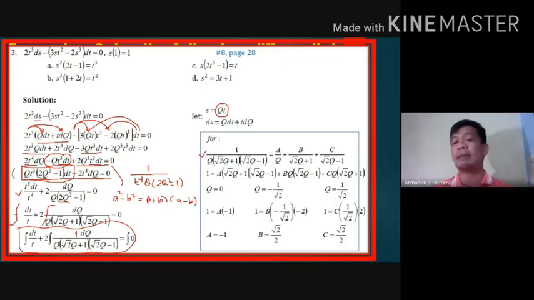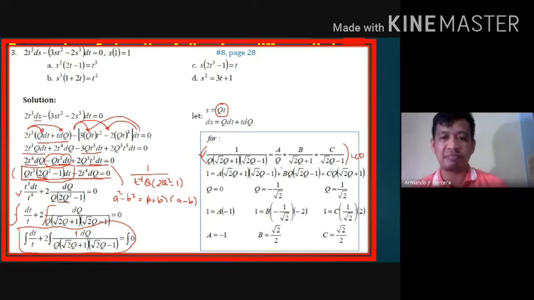Kasi lahat ng root sa denominator ay linear at magkakaiba. So distinct roots ang ating denominator. So that gives you a over q, a over the first denominator, plus b over the second denominator, plus c over the third denominator. So multiplying this all by its LCD. So yung LCD mo is yung denominator na ito. So tago na lang natin siya sa pangalang LCD. Yung LCD nitong tatlo. So that gives you 1 because that q times the square root of 2q plus 1